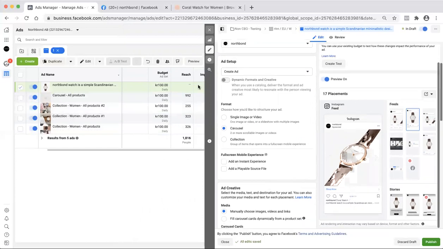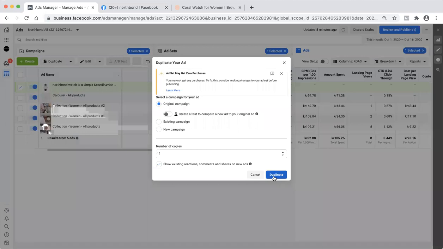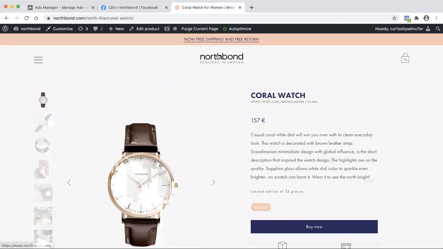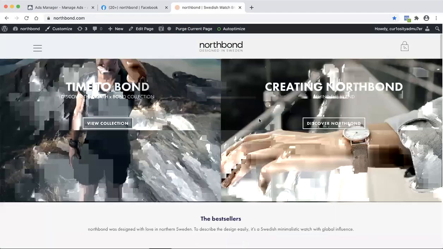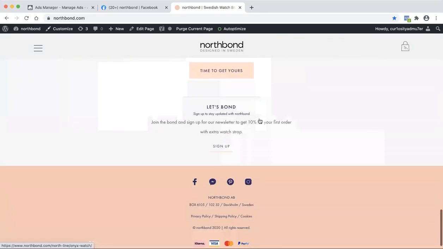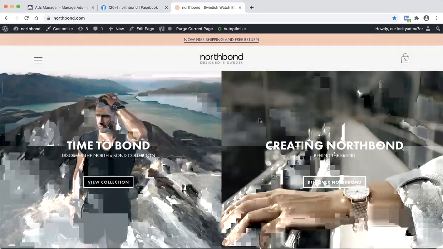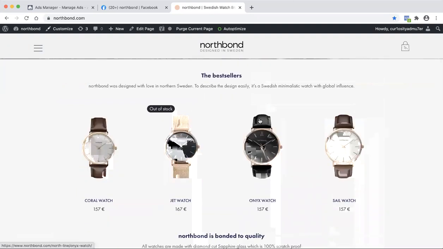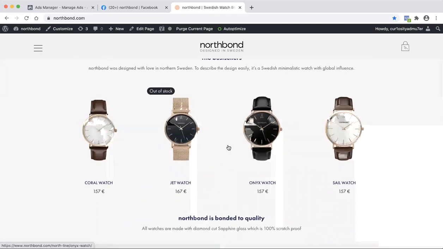The next one you would want to do, so now we'd want to duplicate this and repeat that process for another one. Make sense? Yes. So for the next one, typically you could do your next best-selling product if you have one, or you could do the single image version of the ad. It's totally up to you, whichever makes the most sense. Because I don't have so many sales, and it varies every time on which watch it is. But with women it's the coral watch, and with guys it's the sail watch. So I don't know if... and then let's get the sail watch.